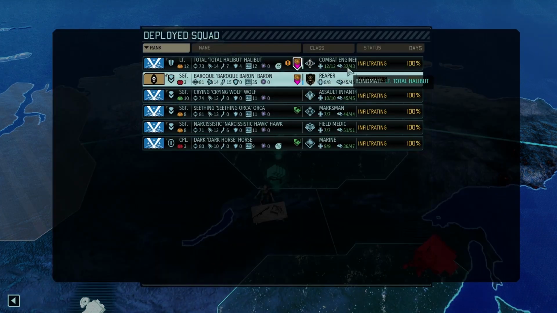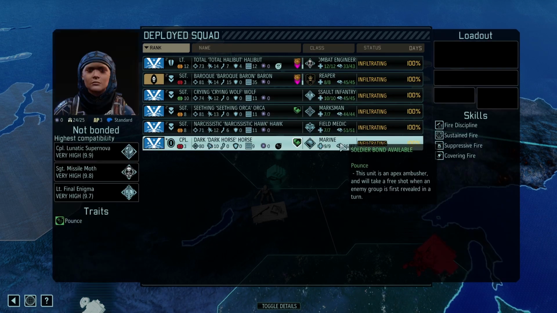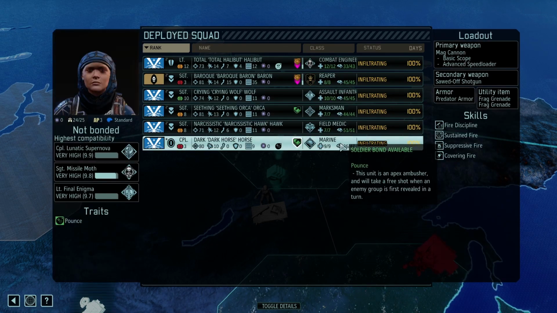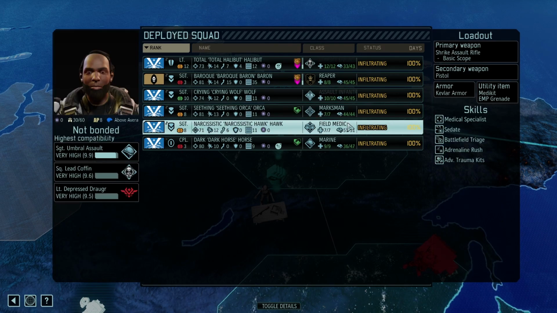And I've had to do a double take on this intro because I at first started saying this is a pretty good team. We have a lieutenant, 4 sergeants, a corporal, admittedly, but an aim-stacked corporal with pounce. We're in pretty much full tier 2. The field medic and the marksman are in Kevlar, but everyone else is predator and shard guns, except for the field medic who has a Shrike assault rifle, which I'd say is like tier 1.75 because it's a lot closer to mag weapons than basic weapons, but it has a glaring fault that I didn't realize until I was